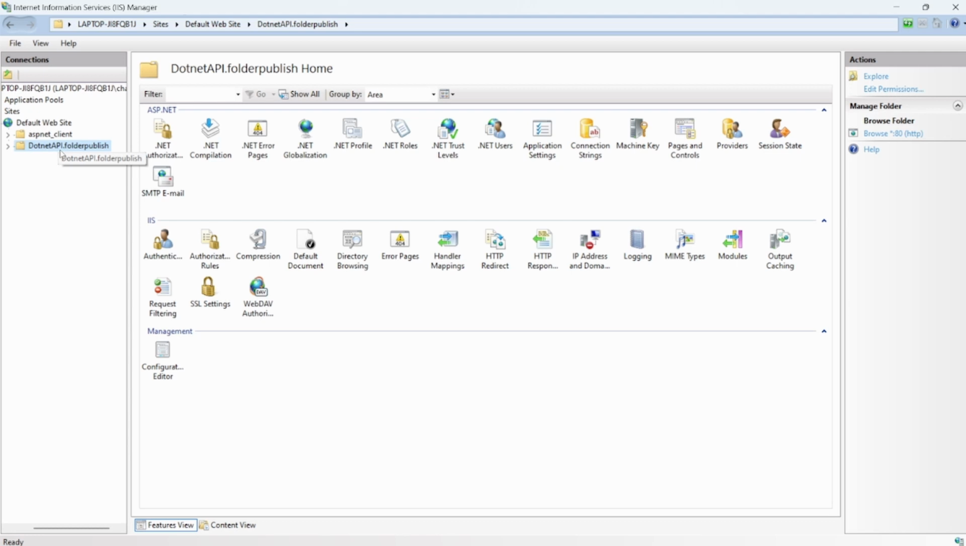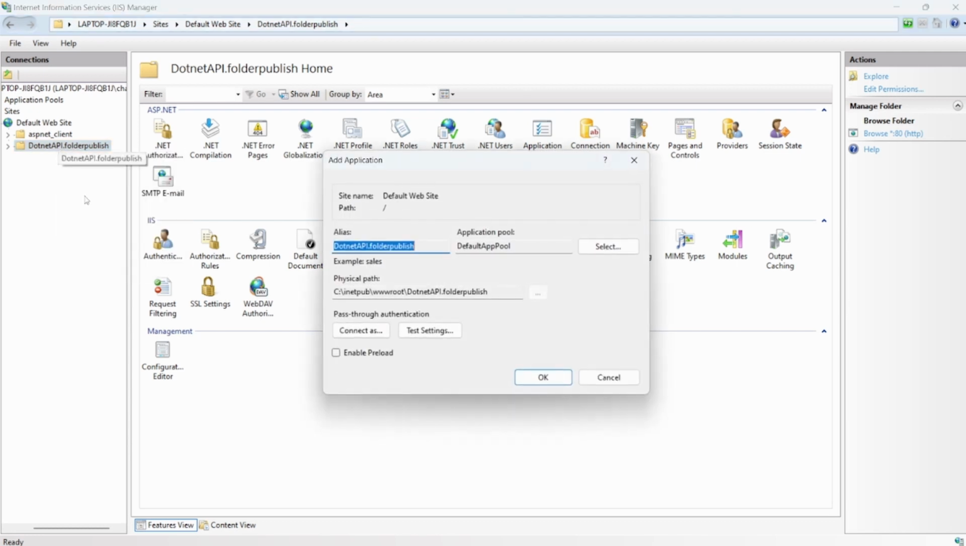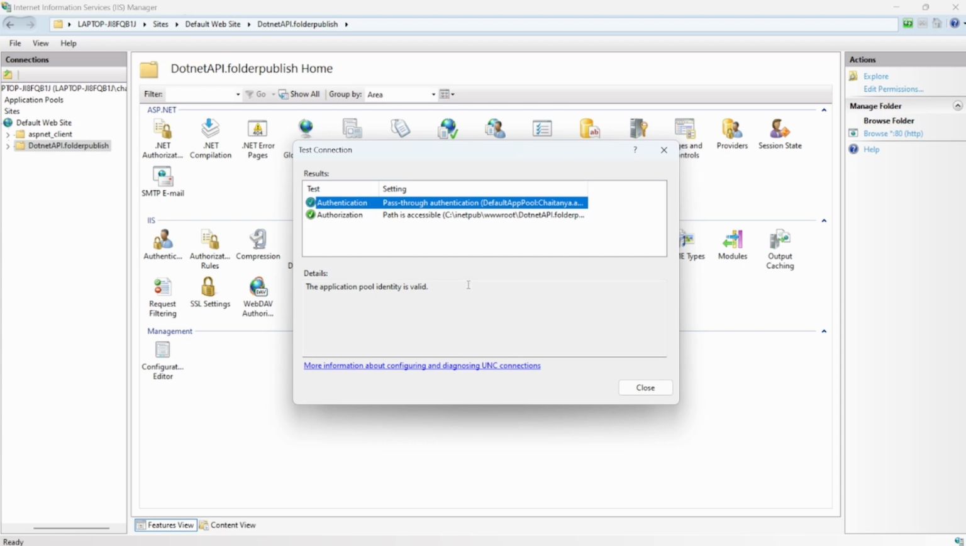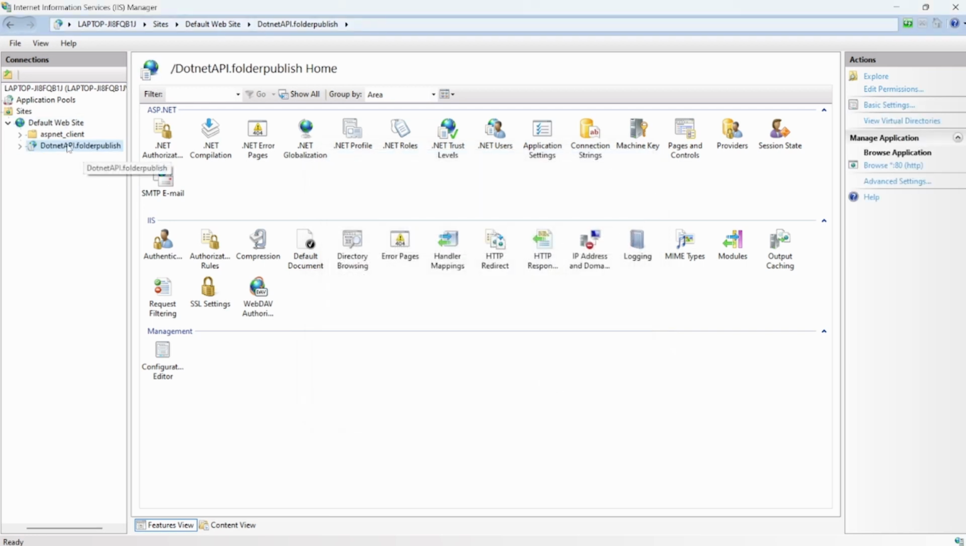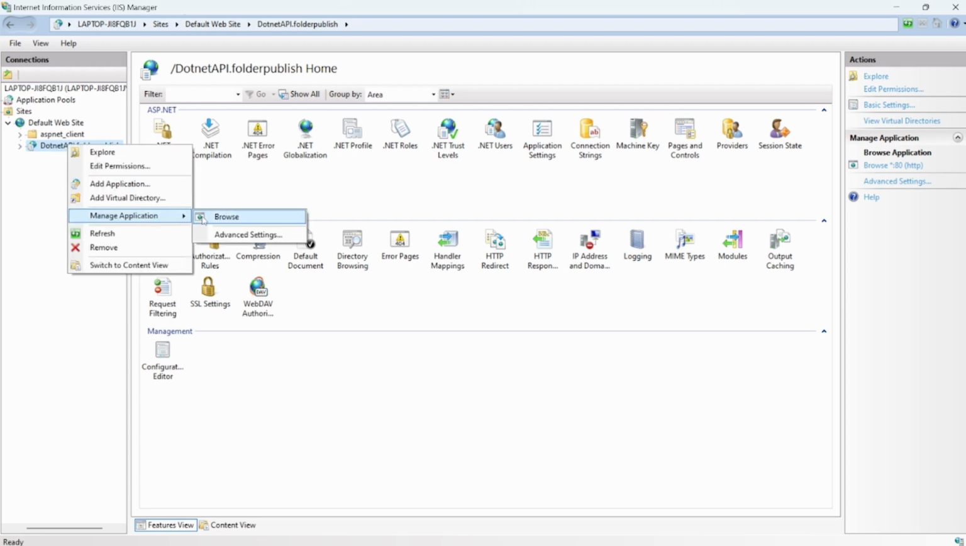Now this is a regular folder, so I'll right click and convert it to an application. I'll test my settings. Yes, authentication and access is there. So I'll go publish. Now here I have a .NET API which is linked to a local folder which I have published using Visual Studio. Now if I go ahead and browse,